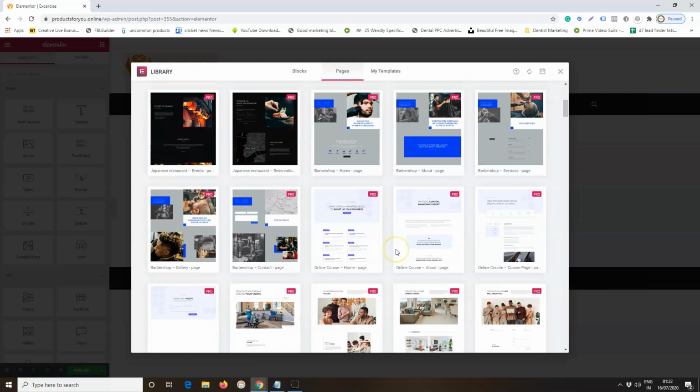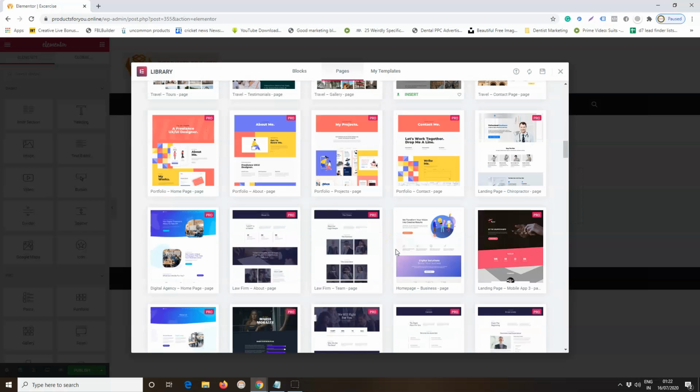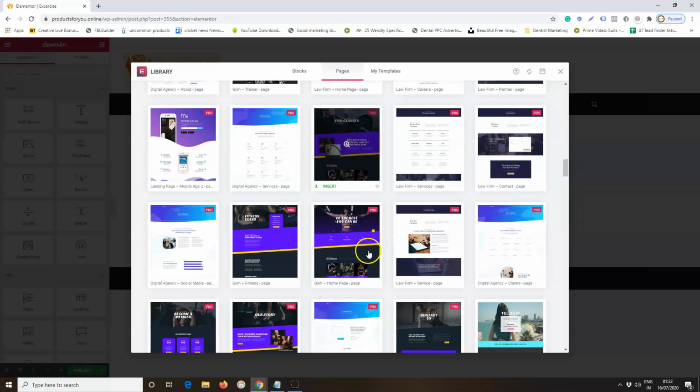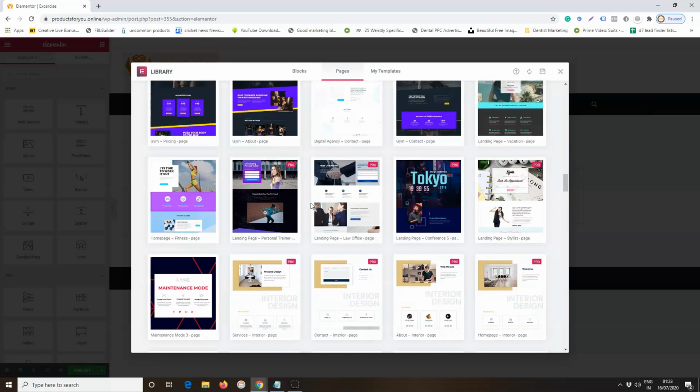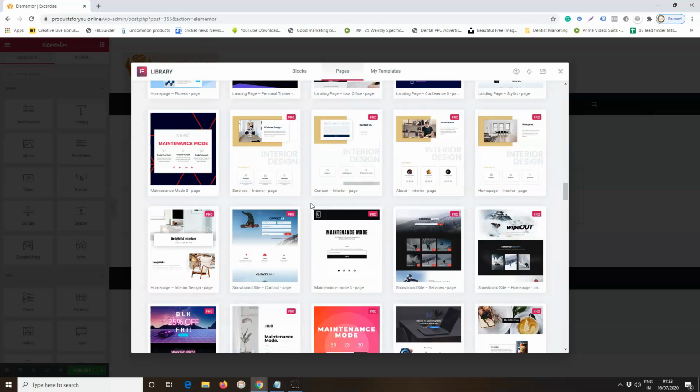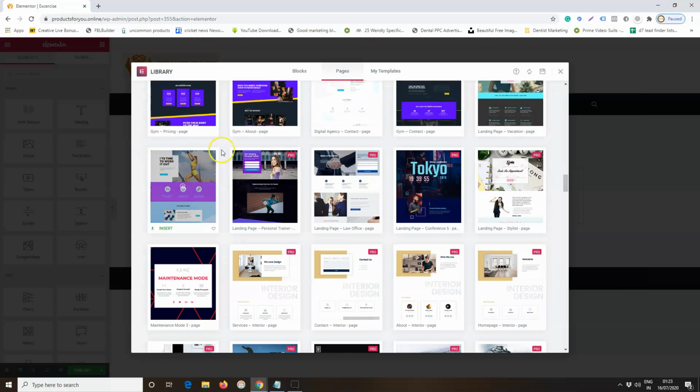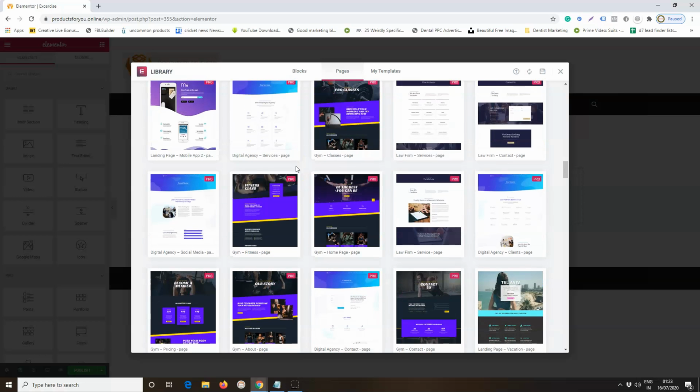Since I am going to use an exercise and fitness related theme, there are a few fitness related pages here. For example, this fitness related page is absolutely free, but there will be a lot of difference in the quality of the free pages and the Pro version pages. So let's use one of the Pro version pages.